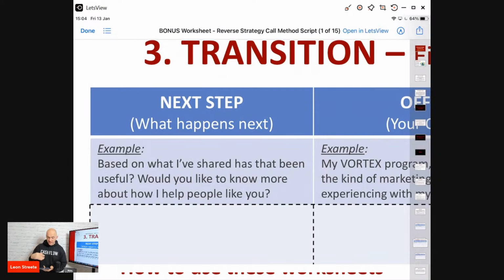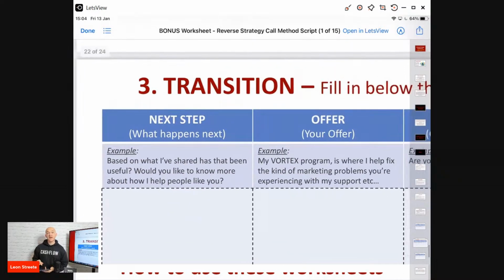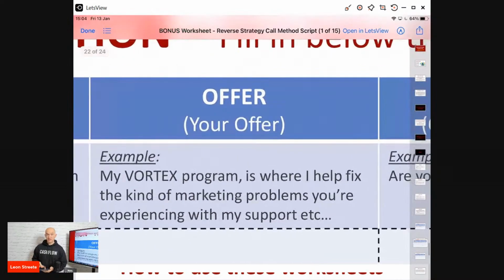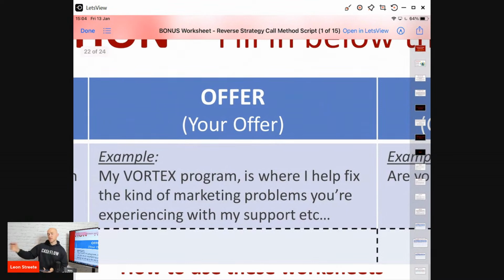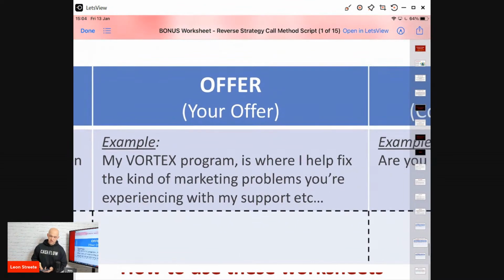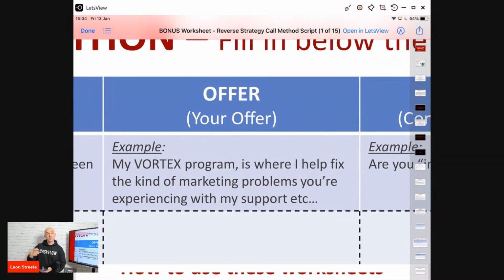So you're going to ask them. So you're checking in again. Would you like to know more about how I help people like you? And of course they're going to say yes, because if you've given value and they've been saying this makes sense and they've been giving you positive signals, they'll want to know what the next natural step is to make that happen, right? So then you're going to transition to, for instance, my Vortex program or whatever the name of your program is, your coaching program, is where I help fix the kind of marketing problems you're experiencing with my support,